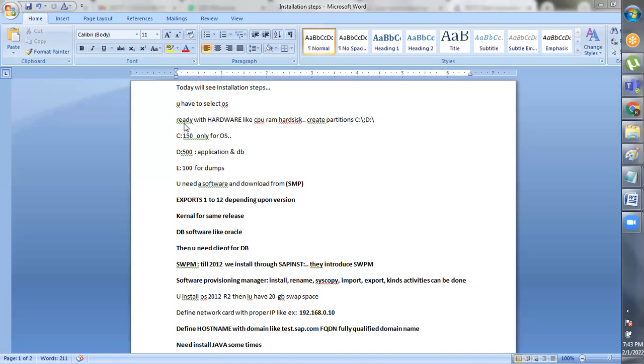SAP is not something you purchase from any shop. SAP has some fixed vendors who sell authorized hardware and take responsibility for it. If something goes wrong, they will replace it in 6 hours, anywhere in the world, not only Mumbai, Delhi, or US, UK. IBM will rebuild the system in 6 hours.